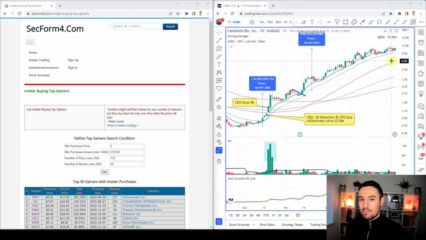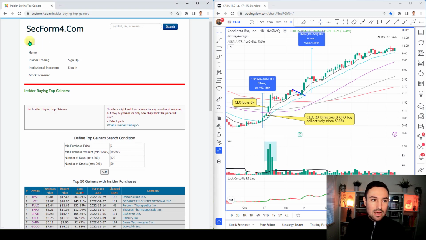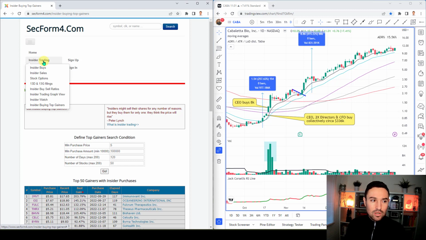So how could you go about finding Kaba? Well, this is one of the ways, and again, this is free. I find it really useful. So if you go to this website here, this is secform4.com, and then I've got it kind of squished here so I can have the chart and it on a single one. But you want to go here, there's going to be this hamburger menu. Click this one, and then you want to go to insider trading, and then scroll right down here, insider buying